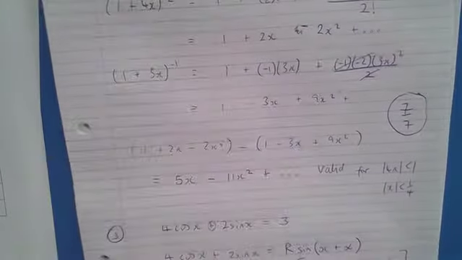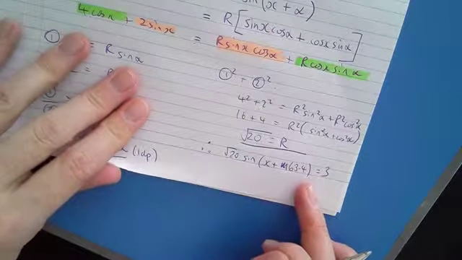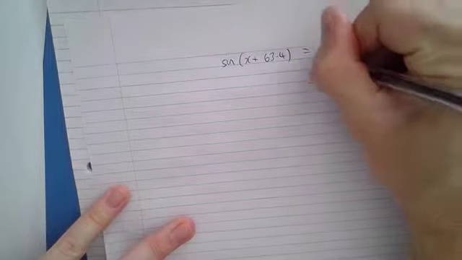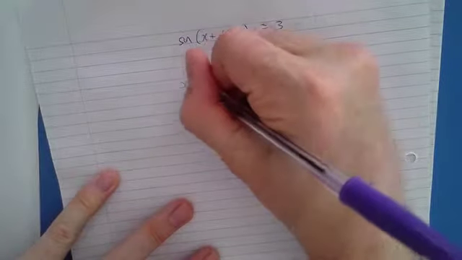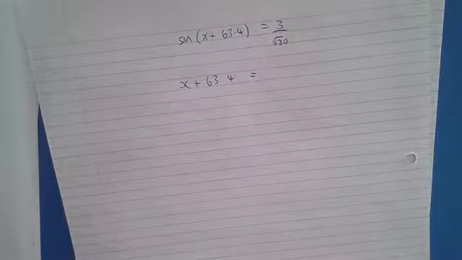With the next bit now, we were basically solving this equation. This is like a C2 equation, but just sort of like on steroids. It's a bit harder than what we get at C2. So we're going to get sine of x plus 63.4 is equal to 3 over root 20. We're then going to take the sine over, leaving x plus 63.4 is equal to